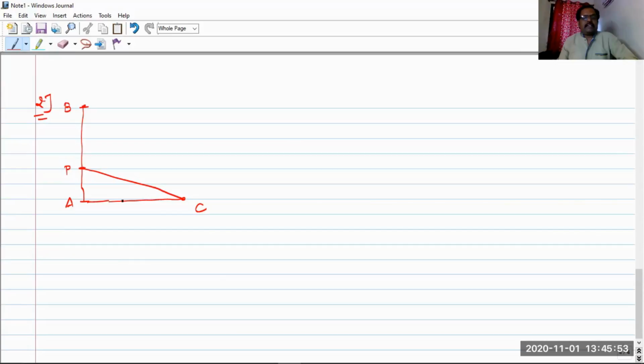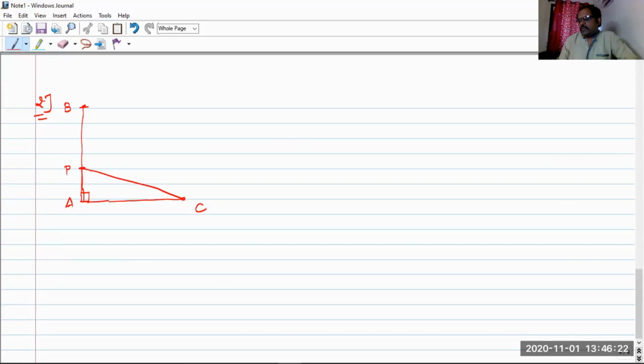And which one is the right angle triangle? We can say the triangle APC is a right angle triangle. Obviously trees or anything are always perpendicular to the ground level, so we can say APC is a right angle triangle. Along with this, just see what you are given in the example. You are given a few things. What are given, we can just read the sum.